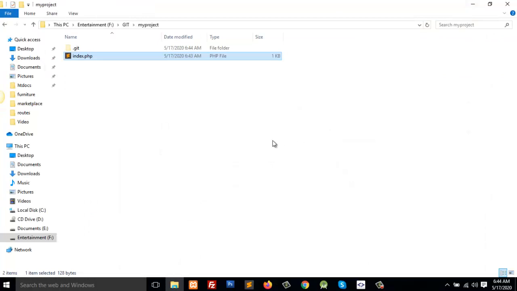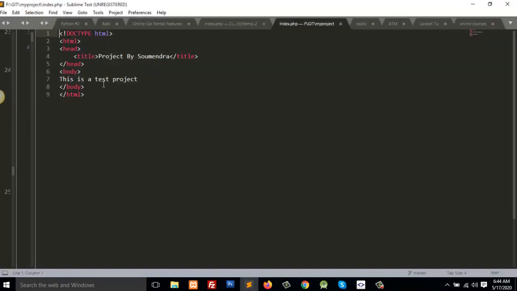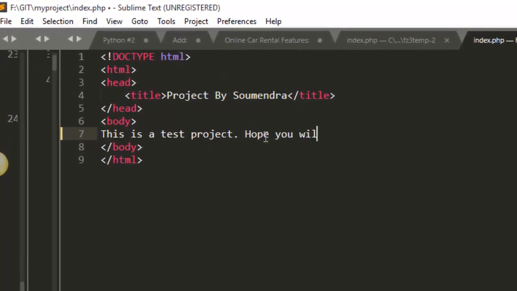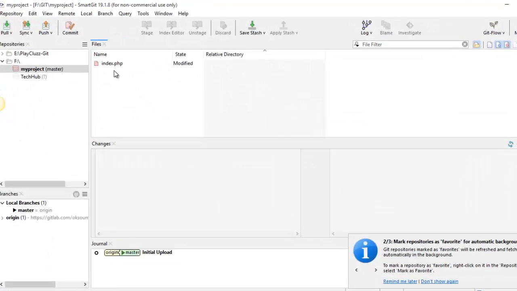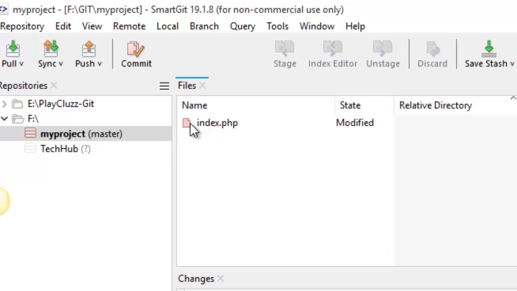Now let me do some changes on this file. Hope you will enjoy. I have added one line here and save this. Now if I go to SmartGit, I can see here the file is red and it's saying the state is modified, means there are some changes on the file.